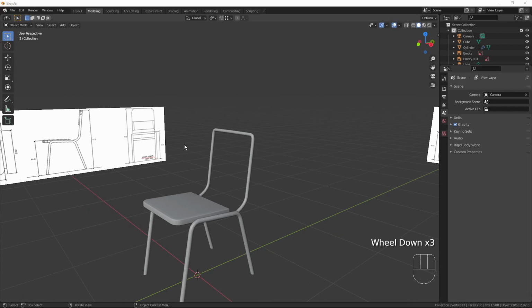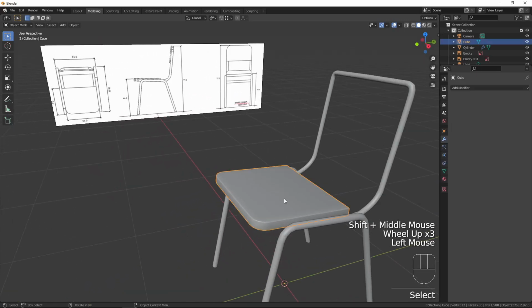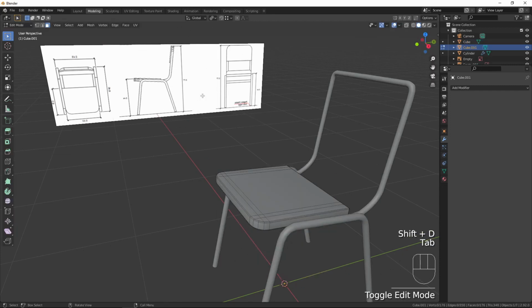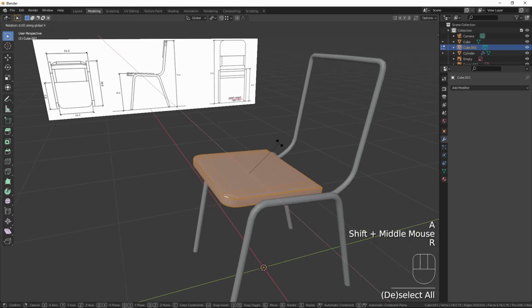And that's going to be one of the simplest things we do in this video. I'm just going to copy this one here. We've got a piece ready. It's the right shape. Why not just copy it, shrink it, and rotate it, put it on the back. So let's press Shift and D to duplicate that, and we're going to edit mode, press A to select everything, RX minus 90,